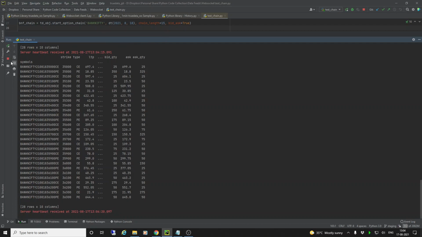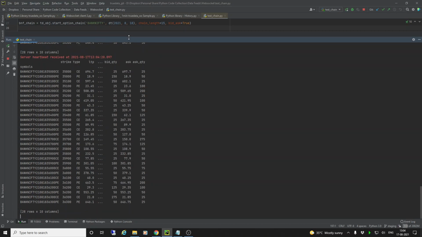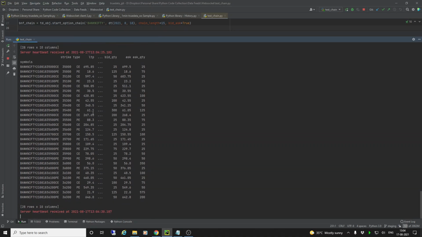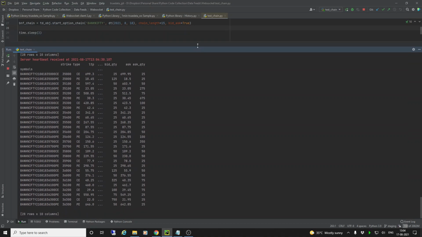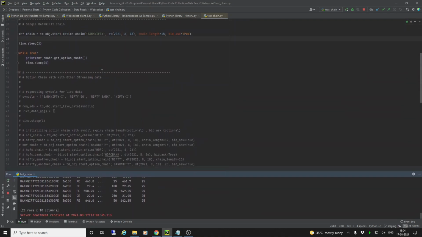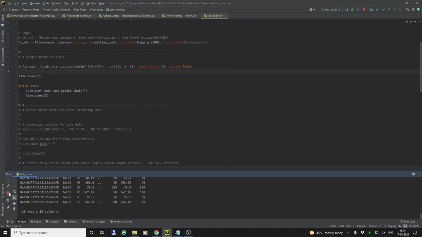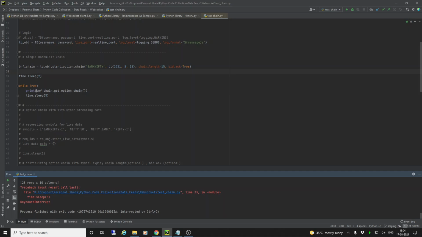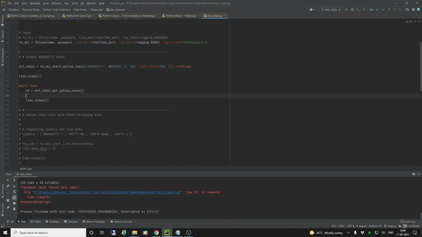Now there are many people who don't want to see the entire list of the option chain. They want to trade. Most people want to trade in a specific range of symbols. If they want to do that, let's do something here. Let's make this a DF. If they want to see only those symbols which are trading between 100 and 300, let us say, then once everything is in pandas, it becomes pretty simple to get it all done.